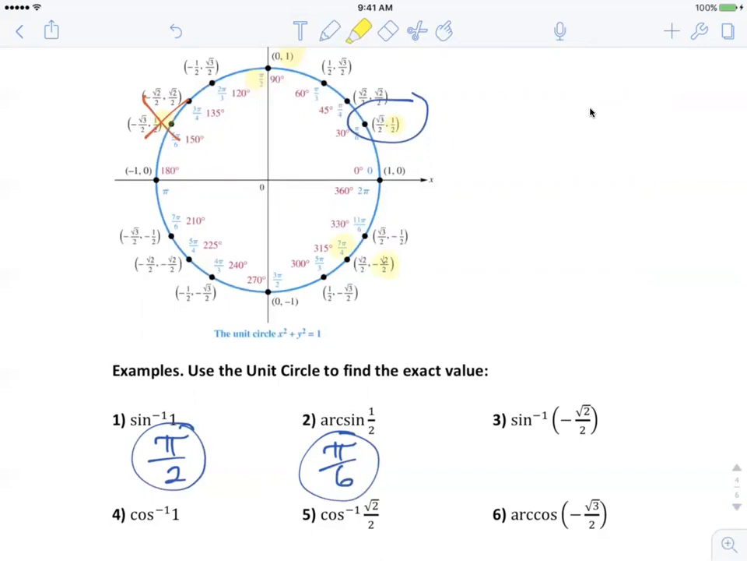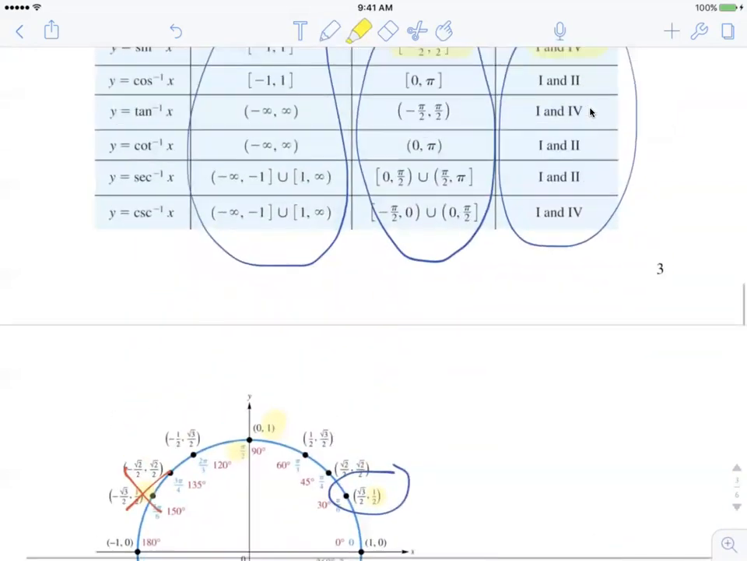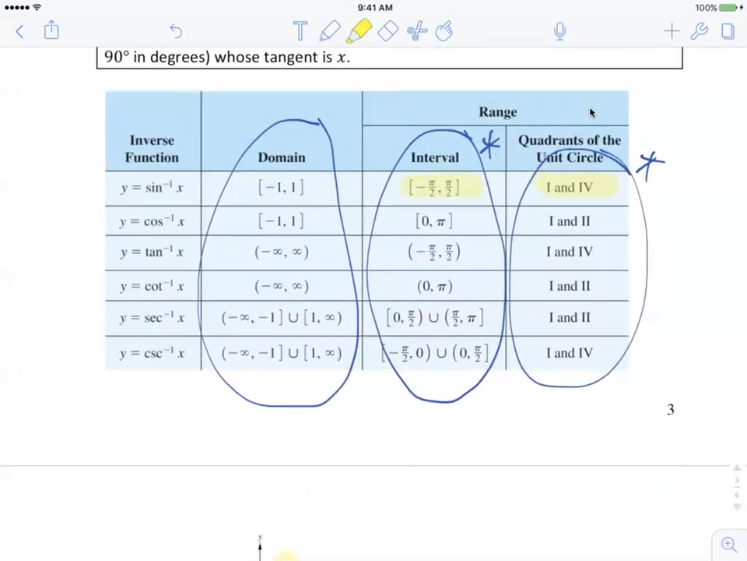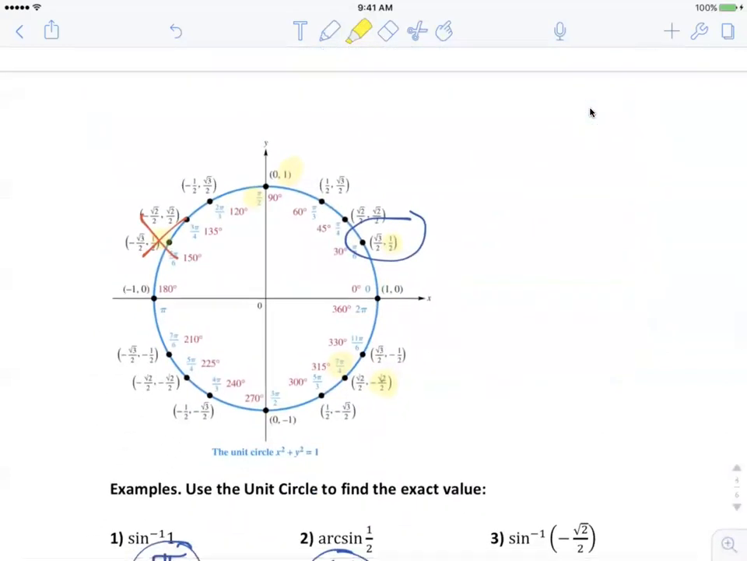But here again, I have to be careful. 7 pi over 4 is wrong because, go back to my range, it has to be between negative pi over 2 and pi over 2. 7 pi over 4 is not in that. It's outside of that range. That means instead of giving 7 pi over 4, you have to give the negative version of that angle,